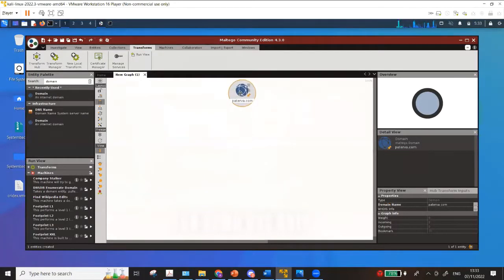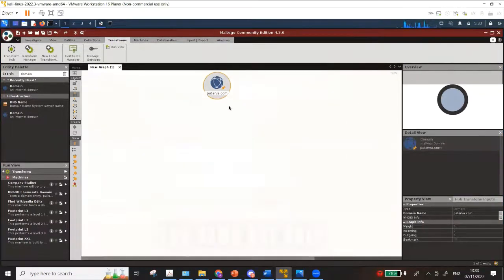And as you can see, it says perturba.com. So basically here you can give the domain that you want to perform a recon on. It actually gives you a lot of details. So let's just change the domain name to, for example,